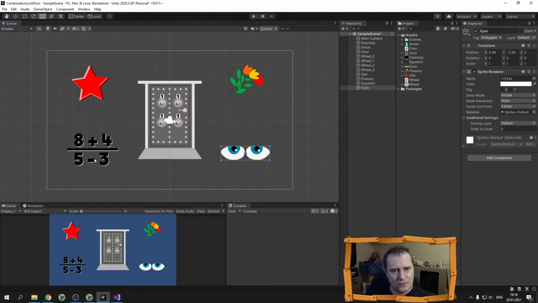Let's try. So 8 plus 4 is 12, as I suppose. And